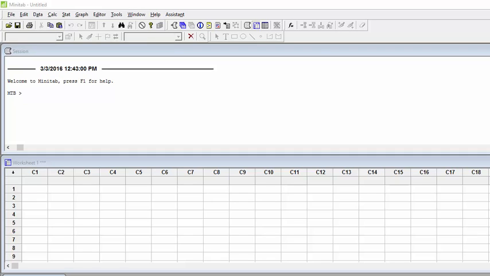So this is what I want you to do today. And I've got directions for it also on Elms for you. It will say Stat 430 Minitab. The first thing you're going to do is get your data, which is going to be the exponential. So what you do is you're going to go into Calculate,